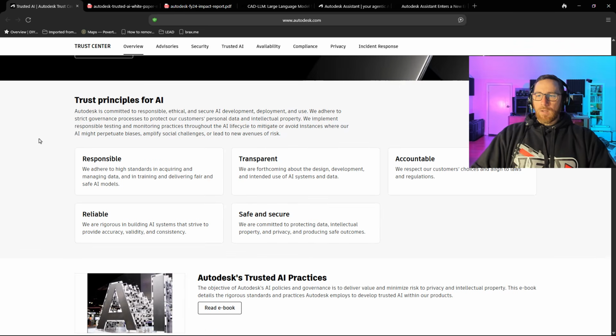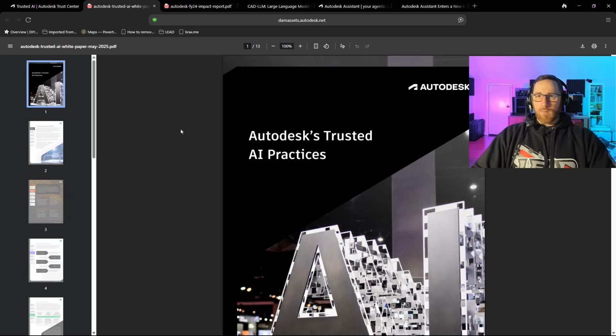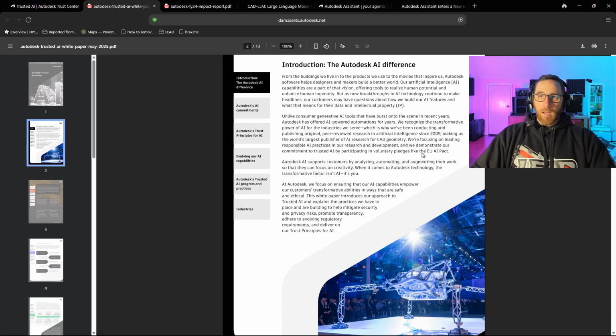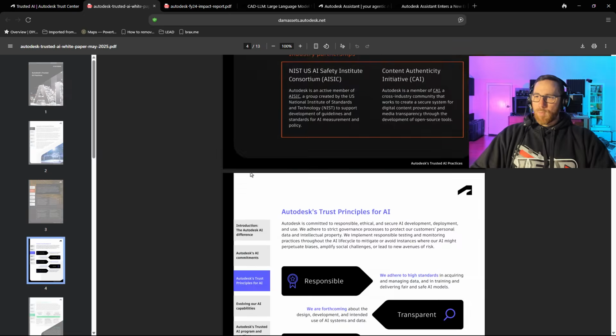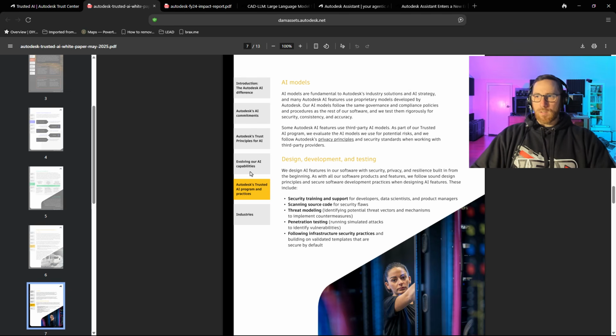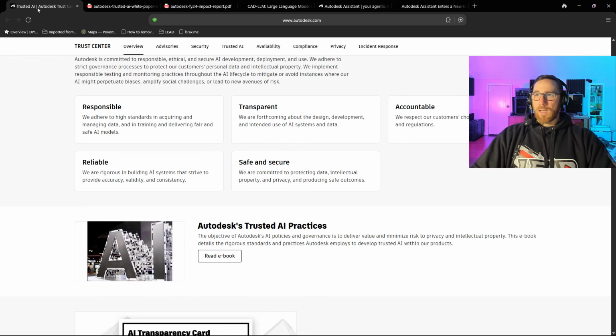And so Autodesk has this ebook about their trusted AI practices. I would strongly suggest you go in and read it. It'll talk about the protection of your data, your intellectual property. It'll talk about their involvement in the EU AI Pact. They'll talk about their capabilities, the program, where it's going, what they're trying to do, and so on. So if you want to take a look at any of that stuff, again, I'll link the Trusted AI Center